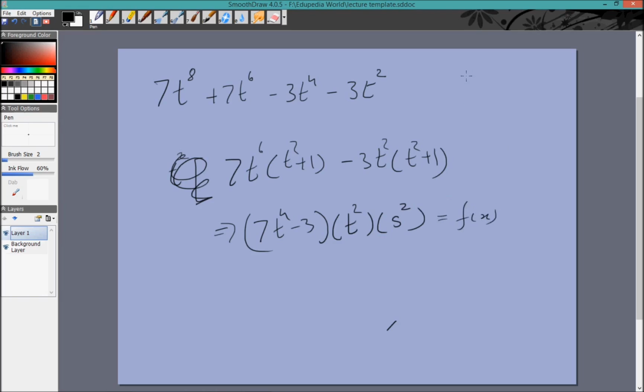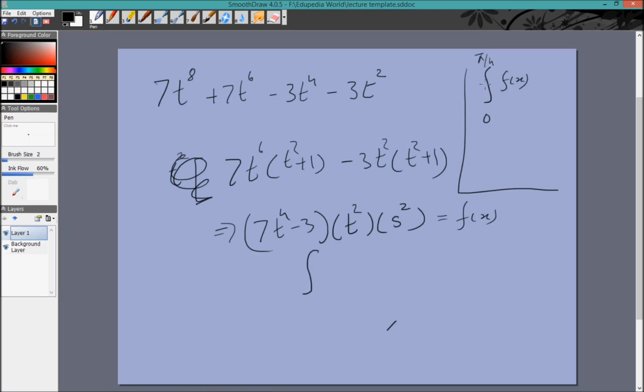Now first of all we need to find the integral from 0 to pi by 4 of f of x, right? So that we can do easy enough. We can put tan theta as t, and we'll get sec squared theta d theta as dt. So the final integral will become the integral